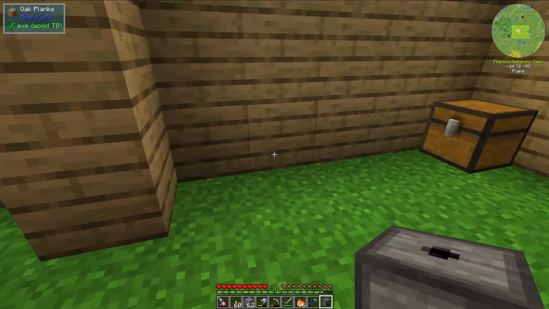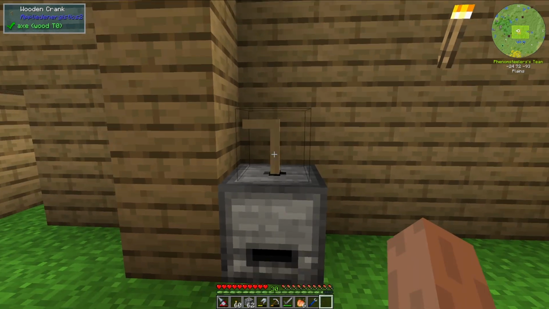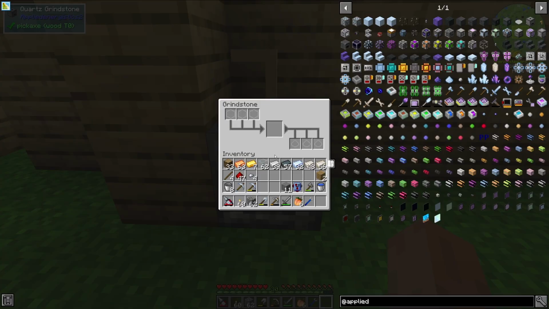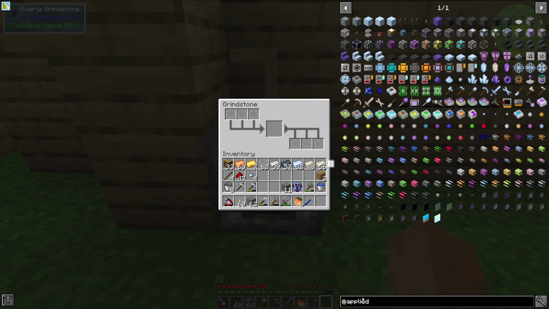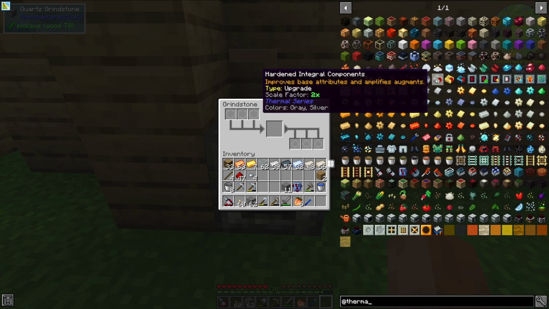Let's go ahead and put this, say, right here. We do need to put the handle on top of it, and right now it will not turn because there are no items in here. But let's take a look at what we actually need to make. So if we go back to Thermal, we can...